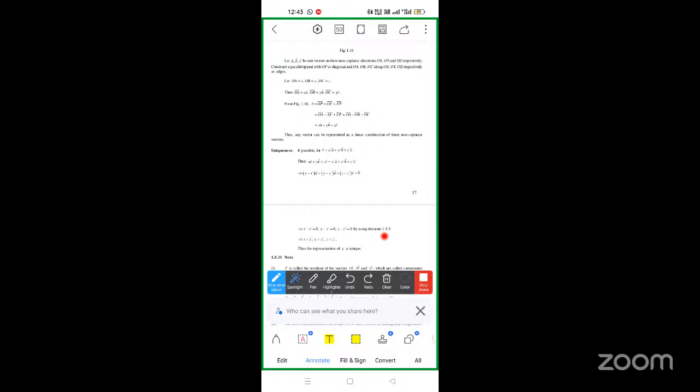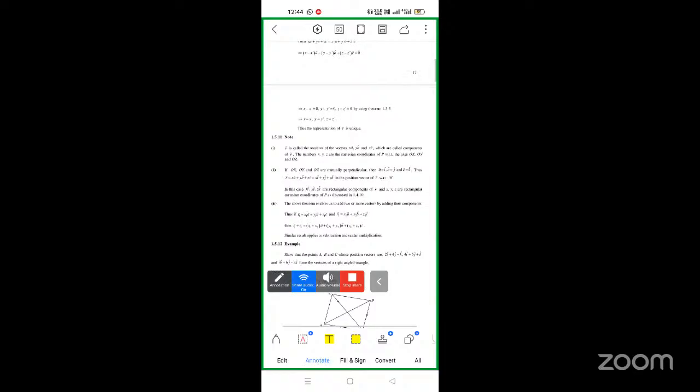So therefore x = x̄, y = ȳ, z = z̄. So this is unique in coplanar vectors. The next note point: if R is called the resultant of the vectors xā, yb̄, zc̄, which are called components of R, thus the numbers x, y, z are Cartesian coordinates of P with respect to the axes OX, OY and OZ. Second point: if OX, OY and OZ are mutually perpendicular, then